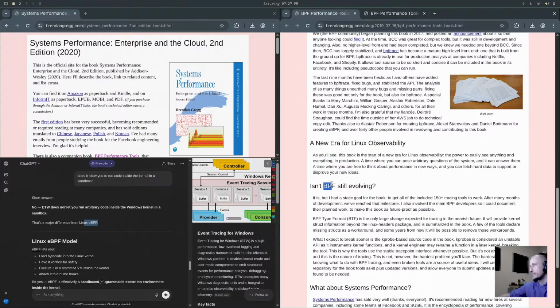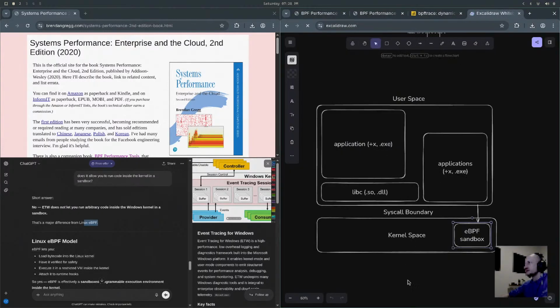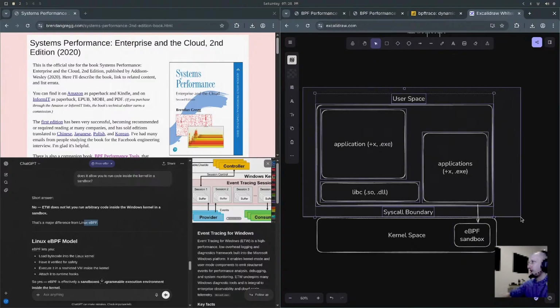Originally, the reason why it's called BPF is that it was Berkeley Packet Filter. And you might think, well, why are they using a packet filtering technology for observability and all these other applications? Well, the original use case for this technology was packet filtering, because if you do packet filtering in the user space, to go back to our diagram here, if your code for packet filtering is running in user space,